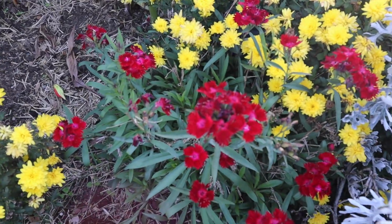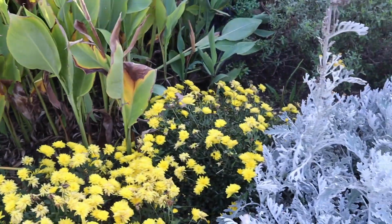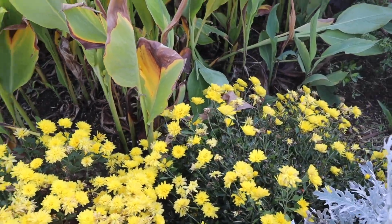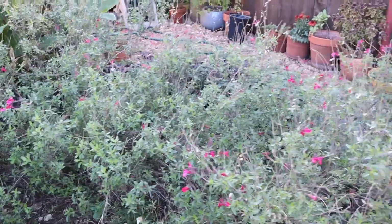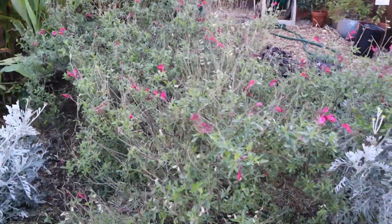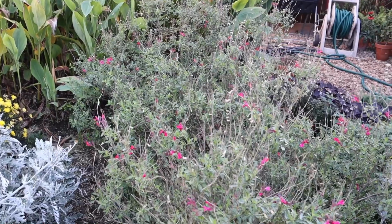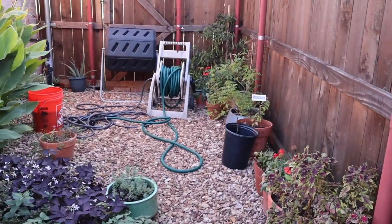Have the dianthus. And we have the yellow chrysanthemums, known as garden mums, for this time of year, autumn. Then here is salvia. It's two trees but the same color. So that's salvia. Then we'll take a walk back here towards the compost bin,